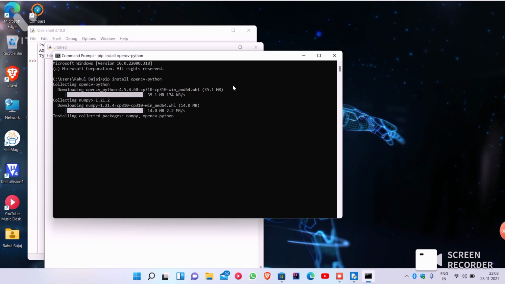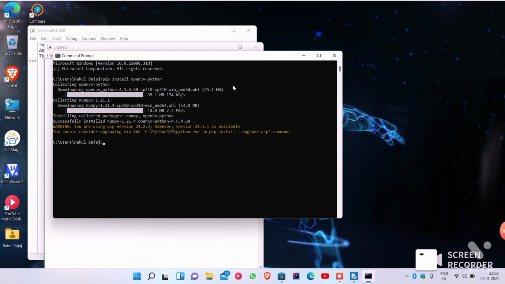With pip we can install many Python packages, like Google speech recognition, which helps in recognizing speech.